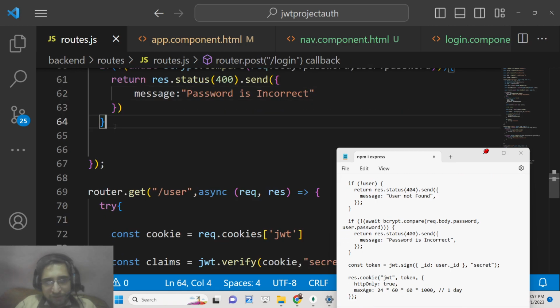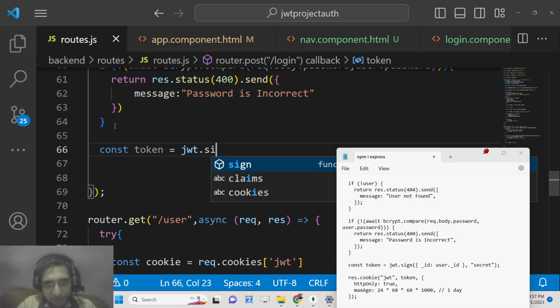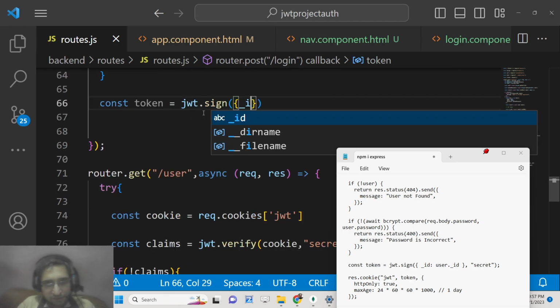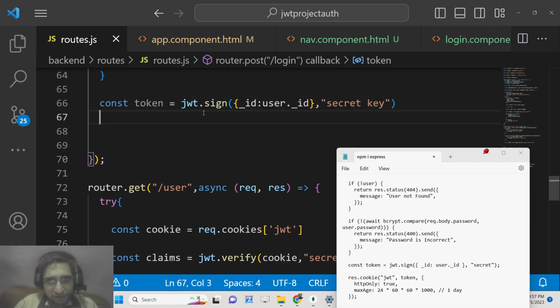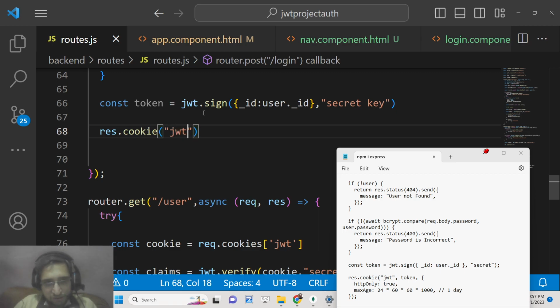So now guys, if all these conditions are true, in that case we are an authenticated user. We will simply sign the JWT, JSON web token, with the user ID, like this, and here we will supply the secret key. Secret key should be constant, guys. In every JWT token that you sign, it should be constant, and then we will be setting it inside the cookie JWT, and we will set the token, and we will provide